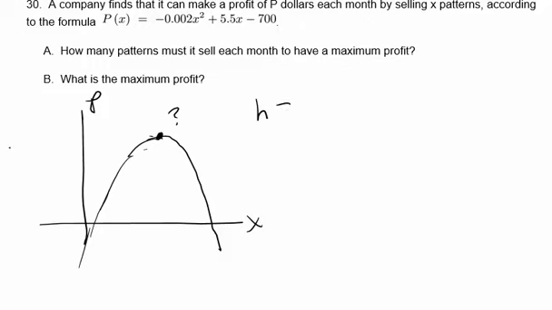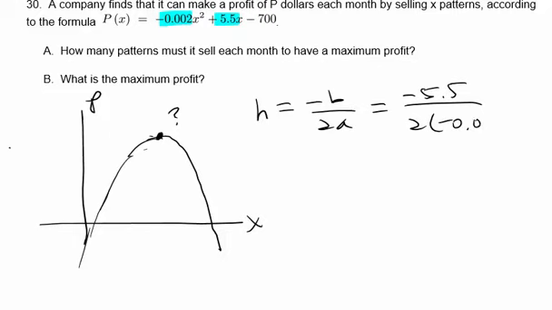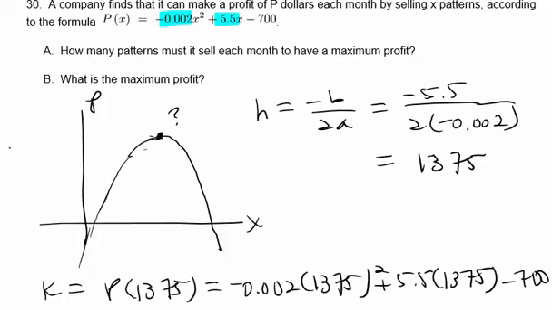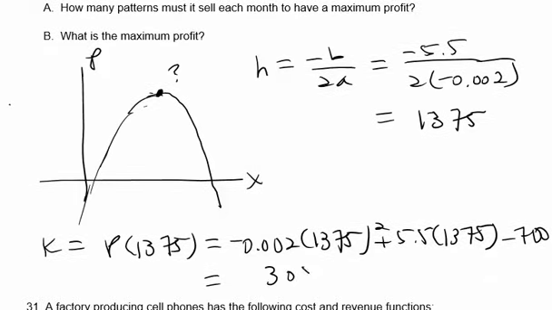So we have a vertex formula, h equals negative b over 2a. And so we decide what a is based on this given equation. A is negative 0.002 and b is 5.5. So negative 5.5 over 2 times negative 0.002, or 1375. But let's also find k, which is the y-coordinate of the vertex. So substitute 1375 for x in the given function to find